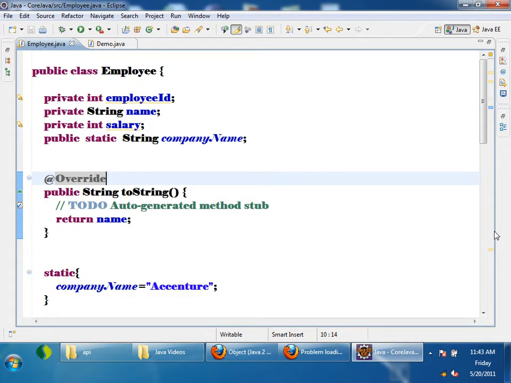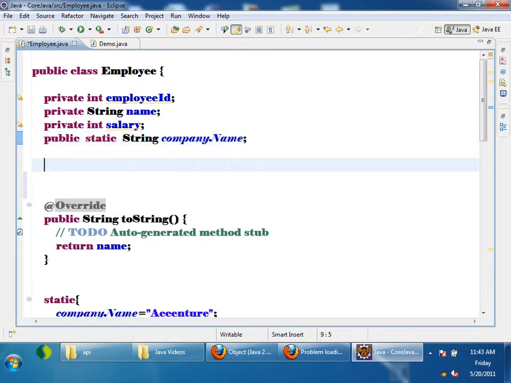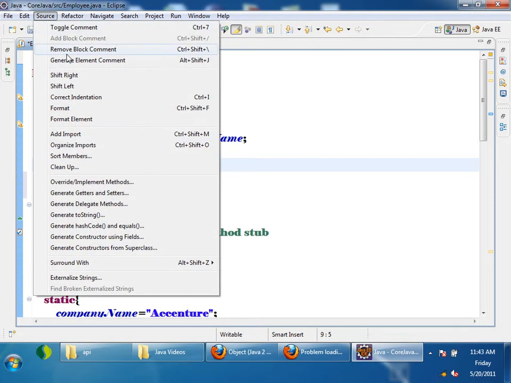Okay, I want to discuss another important method called equals. If you want to compare two employee objects, there are two ways of comparing them. I'll tell you both ways. See here, I have the Employee class and I'll add another constructor which will take only name for now.